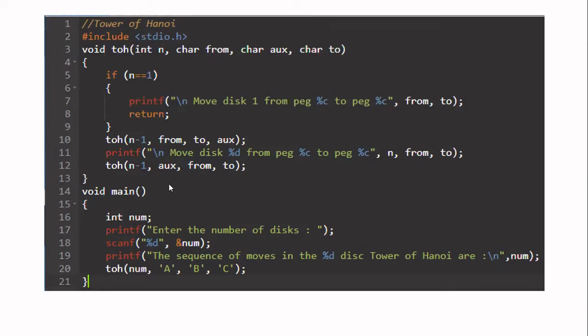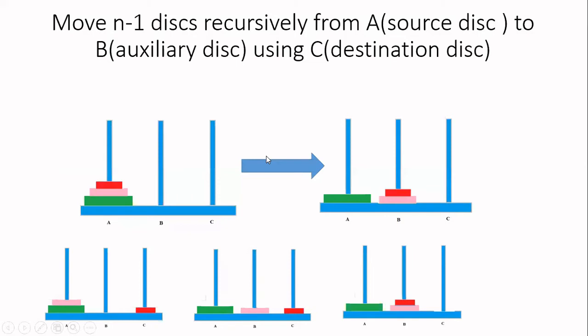Okay, and while you are moving, you are going to take the remaining disk as an auxiliary disk. So whatever you are writing in the center is the auxiliary disk. So which is pending now? Auxiliary is over, to is over, pending is from. So the from disk can be used as a spare disk while you are moving because at a time you cannot move all. So you need some spare to place the remaining. For that, you are going to use the third disk, that is the from disk. Now let us see how the program will work.